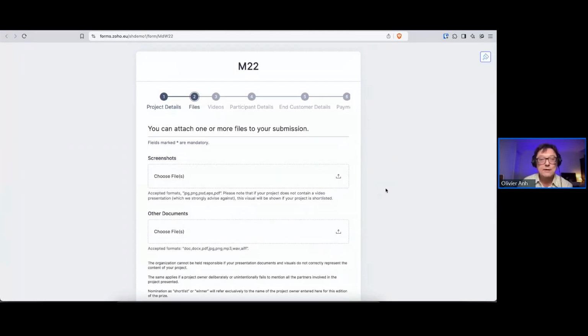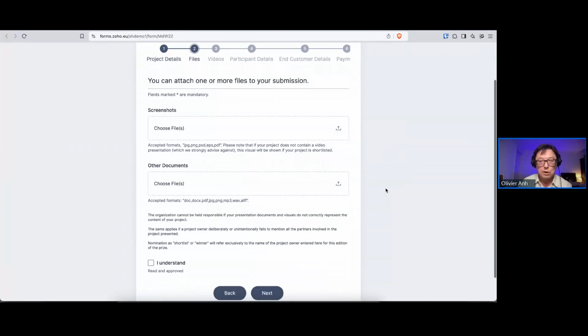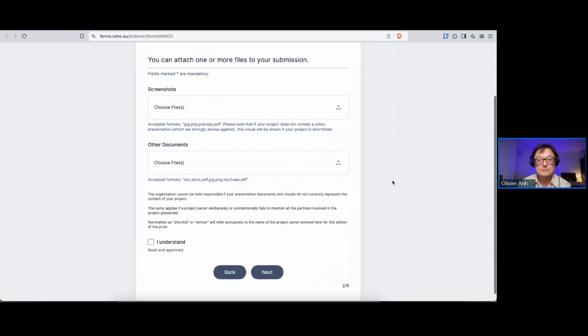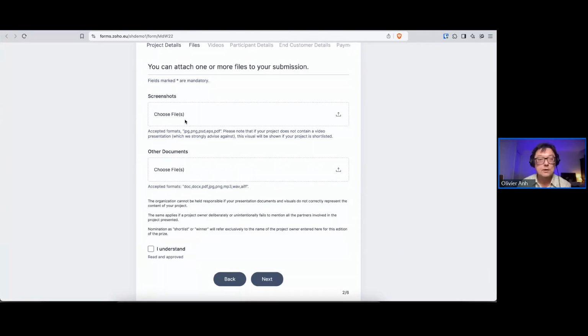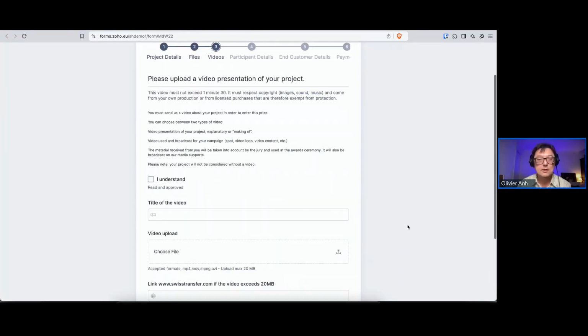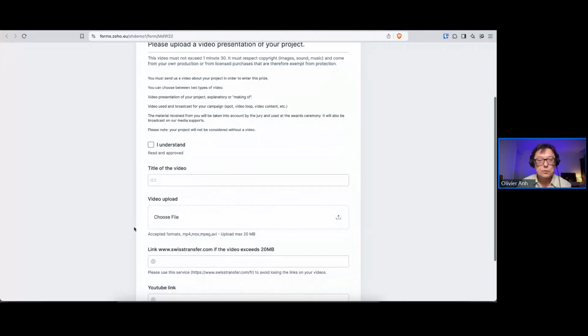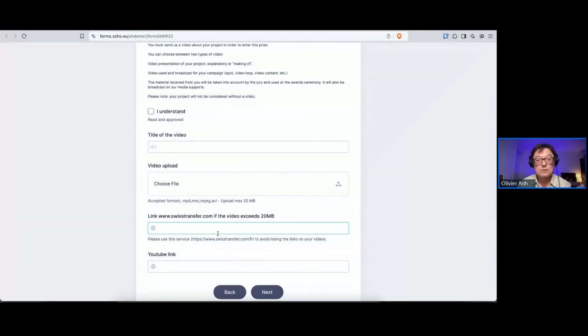Then we have all the files to upload. The problem is we are limited to 20 megabytes, and for videos you just can't use it. So you could upload screenshots and documents, and the same for the videos. At the end, you could still upload videos, but 20 megabytes, or we had simply a link to Swiss Transfer,